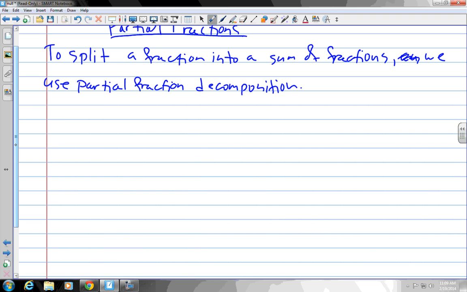There's going to be a few cases. Given a rational function, p of x over q of x, where both p and q are polynomials,